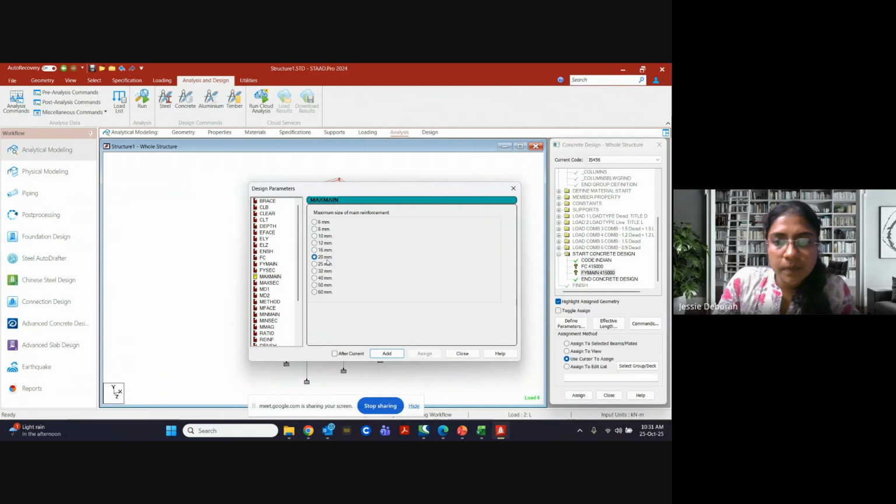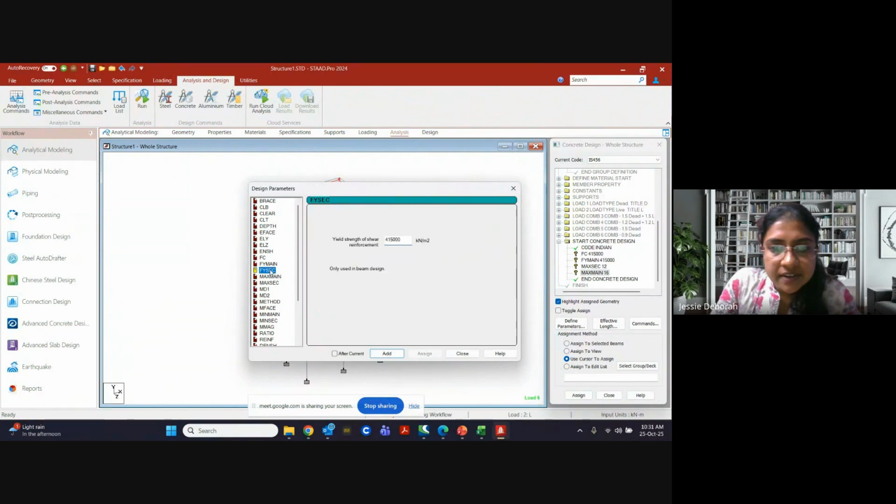Then we will go to maximum main rebar. We can go up to 20. Now here is a small structure. So maximum secondary beam, add, maximum main, add. 5 parameters we are adding. FY main we have added, FY secondary also we have to add.